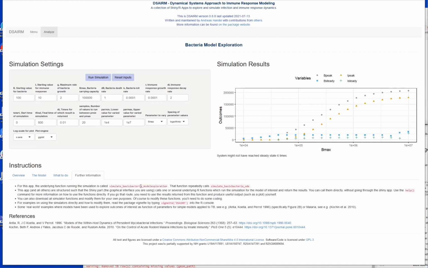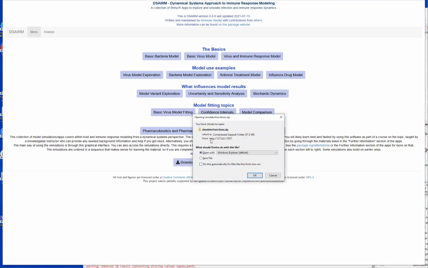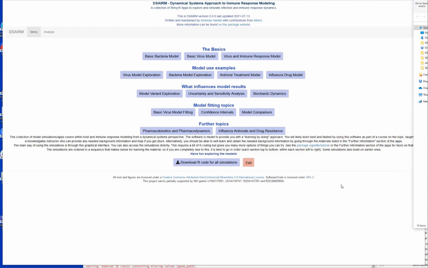So what we'll do in the next modeling session is we'll actually start directly interacting with those functions. And then I think tomorrow we'll actually peek inside those functions. But just as a sneak peek, you can download all these functions if you click on the download R code for simulations. And